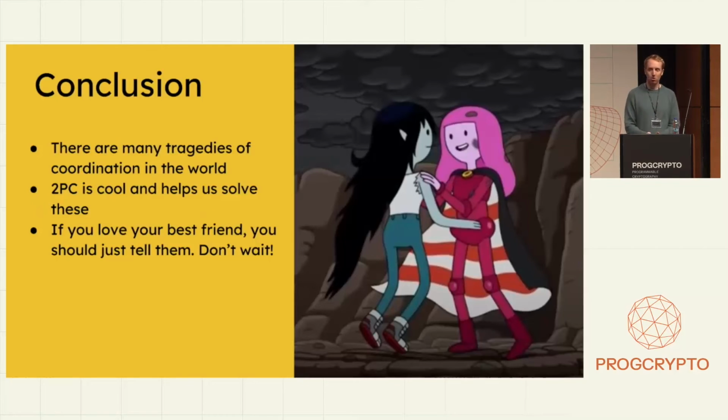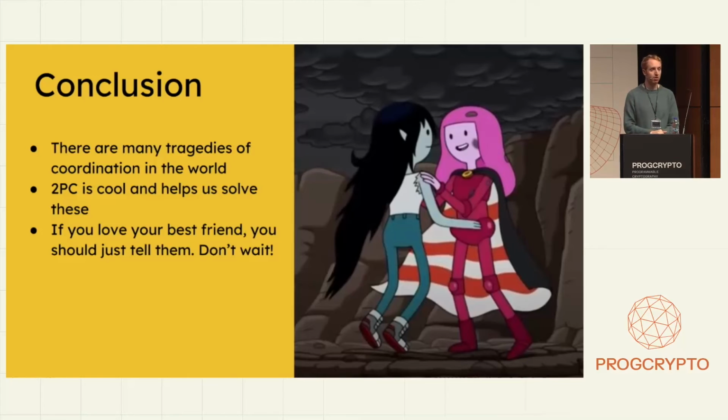Yeah. So the conclusion that I'm tending to draw from this is that there's a lot of what are called tragedies of coordination. There are all these times when you want to work together with other people, but you're not able to, because as soon as you admit that you want to work together or coordinate with the other person, you sort of lose something. You lose this kind of negotiation position, or a friendship or something else. So this is the kind of situation where 2PC can be very powerful, and it helps us solve these kinds of